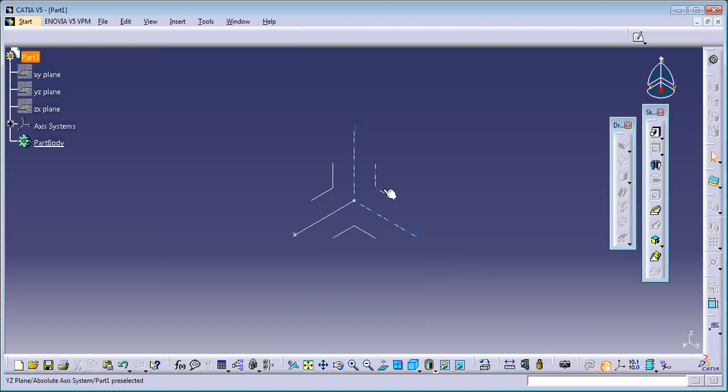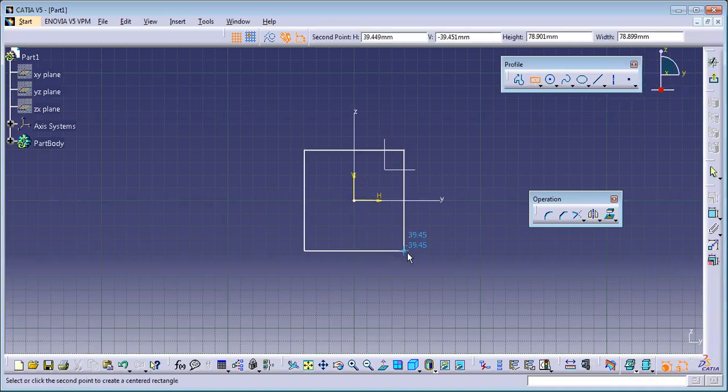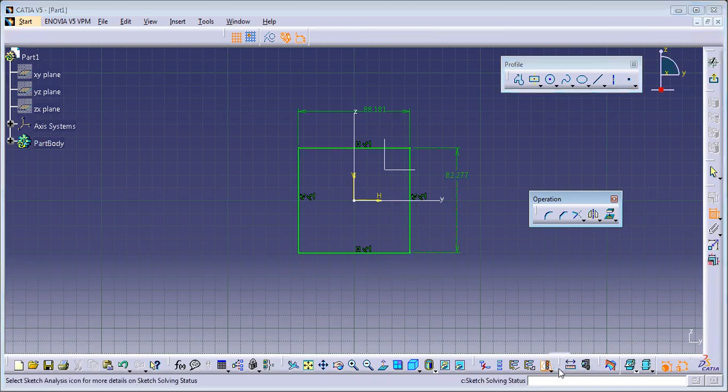Okay. Now I'll select this plane and go to this Sketcher workspace. I'll create a random sketch, and I'll make it constrained by giving the dimensions. I'm not worried about the dimensions. I'll just keep it like this. If you check it, it will be a 100% iso-constrained sketch.